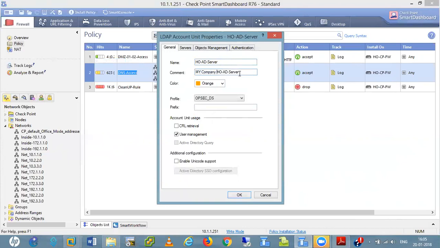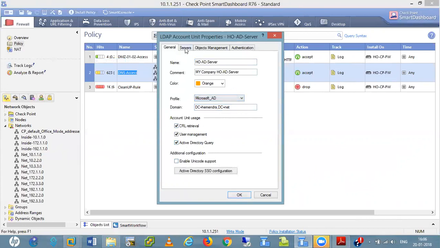In the profile, we call this Microsoft AD. Here we enter our domain. My domain is DC=main,DC=net. Here I select CRL retrieval, user management, and Active Directory query.